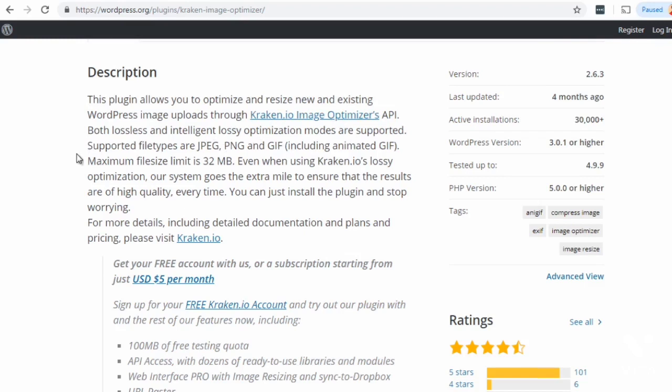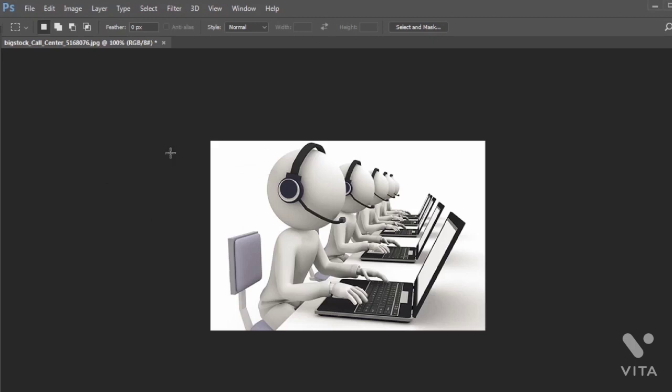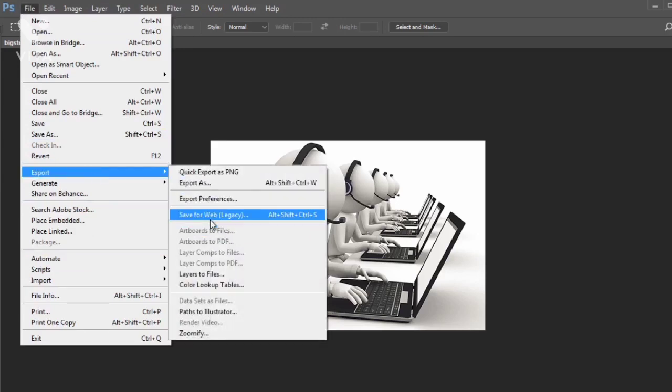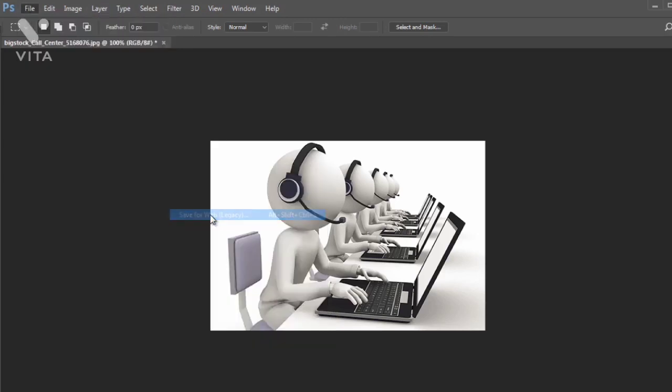To give you a better view of this, I want to head on over to Photoshop. We discussed and used this example in the previous video, but I want to use it again. Let's say, for example, I wanted to convert this image from one file type to another. So if I go to the top and click on File, and then Export as and Save for Web, and we click on that,